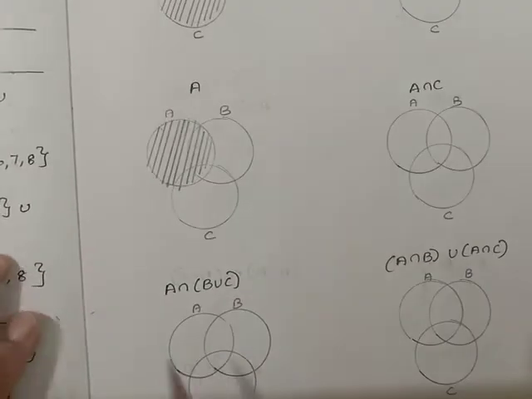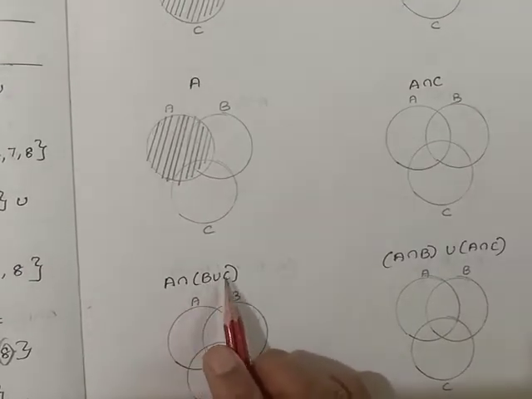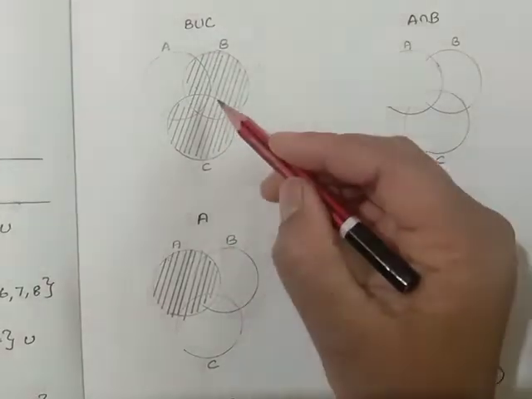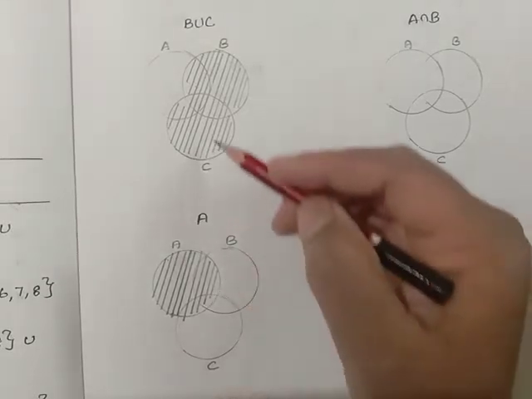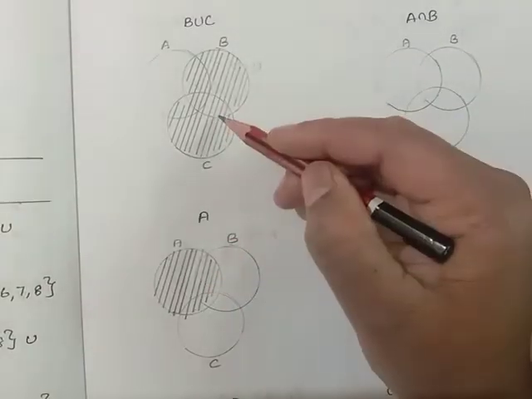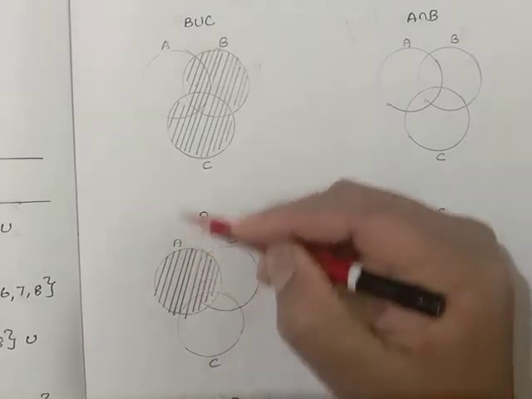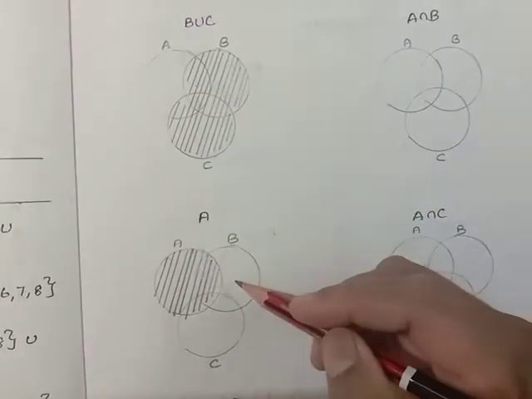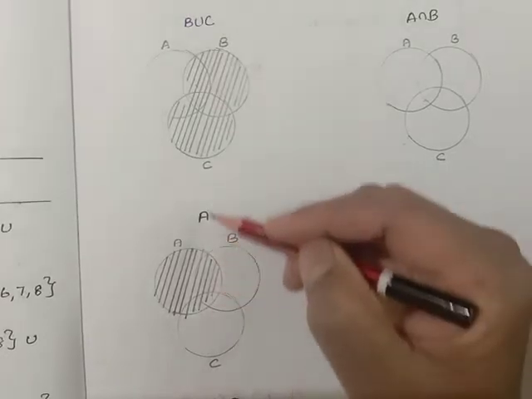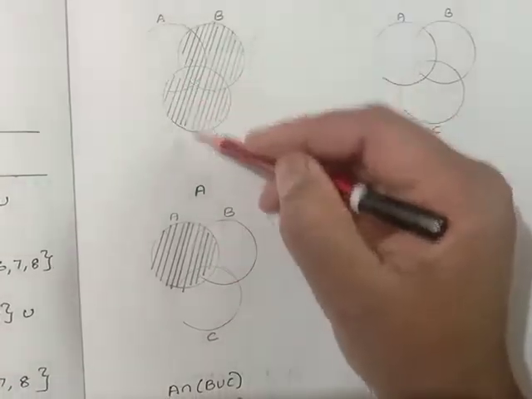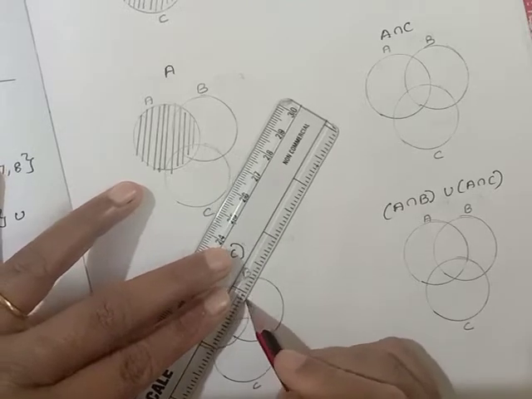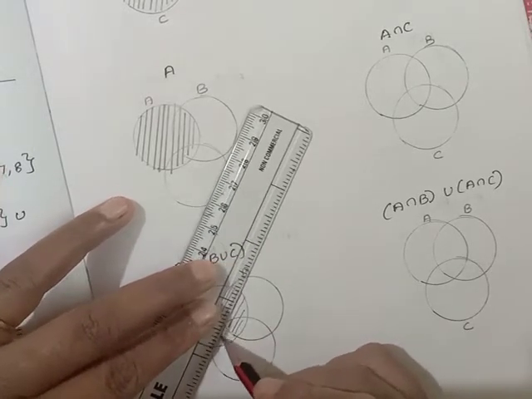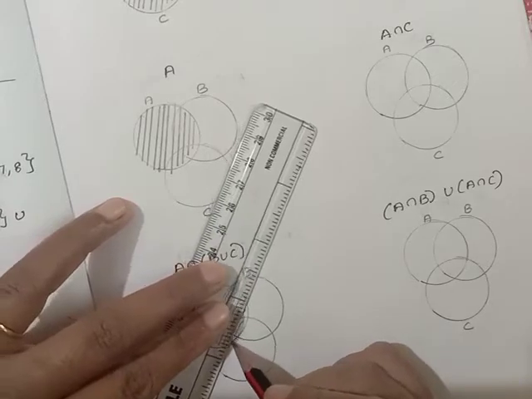Now we'll write the whole term. A intersection B union C. Compare the first diagram and the second diagram. The relationship between them is intersection. So we have to look for what is common in both the diagrams. Here A is covered, here A is not covered, here B is covered, here B is not covered. This portion is not covered. The covered portion similar in both the diagrams is in between A and B and in between A and C. Only these portions are similar in both the diagrams.